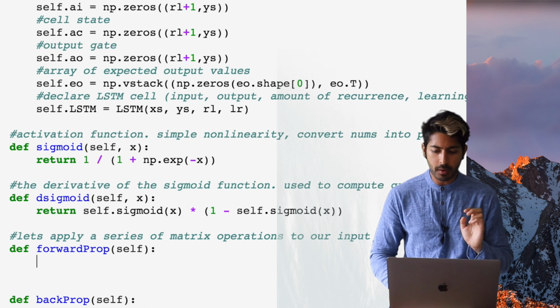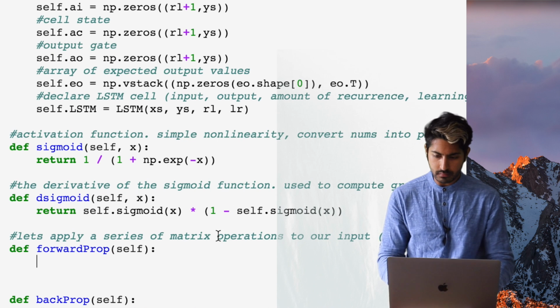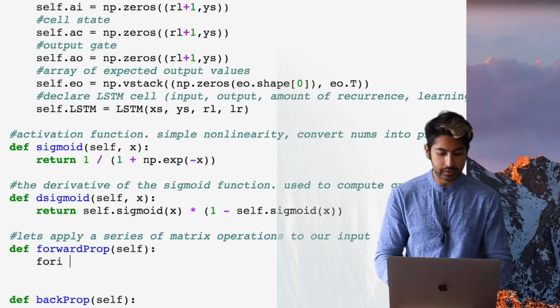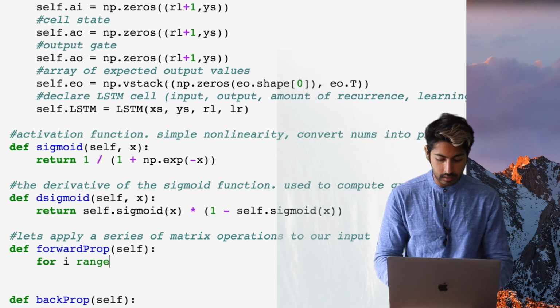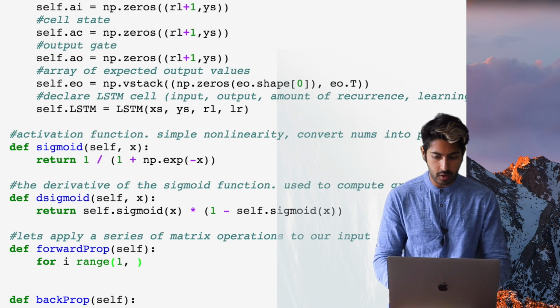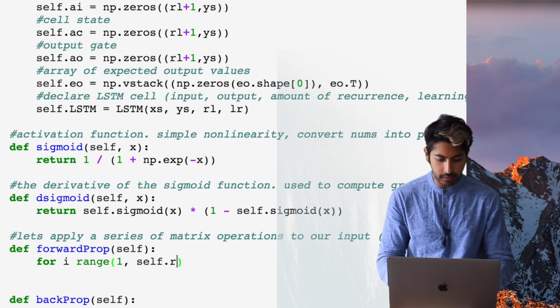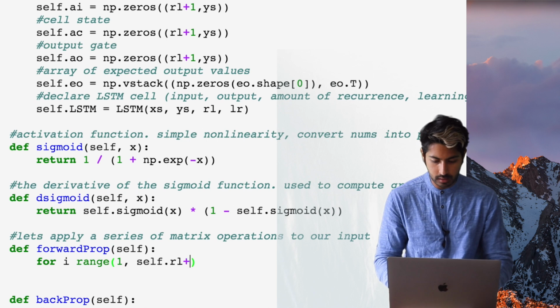Okay, so for forward propagation, we're going to do this in a loop, right? Because it's a recurrent network. For the number of loops that we want, right? So we're going to say, okay, for the number of loops that we want, that we define in RL,